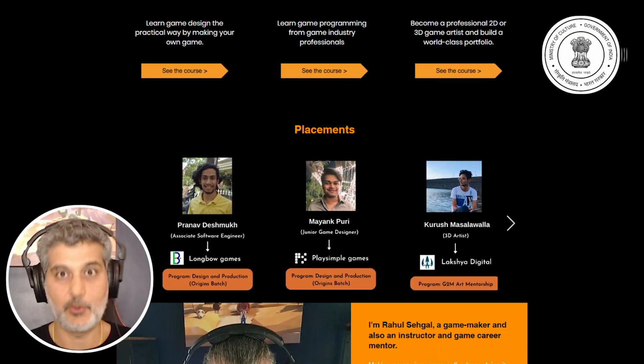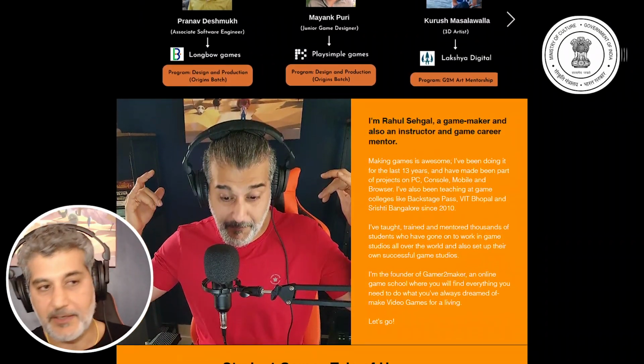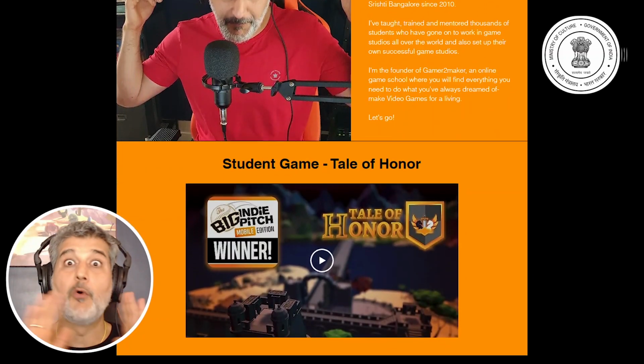Lastly, accreditation. Make sure the college that you are dealing with is giving you an accredited program, which means something which is recognized, ideally by the government or some kind of accrediting body. It can be a diploma, it can be a degree, all of these are fine, but make sure that you find out what the accreditation of the course is and whether you're going to get a certificate at the end of this program. So make sure you check out all these points, speak to the counselors, and to be honest, I have not found any course or any college in India that has all of these things, which is why I established Gamer to Maker, and Gamer to Maker, link in the description, has all of these points.